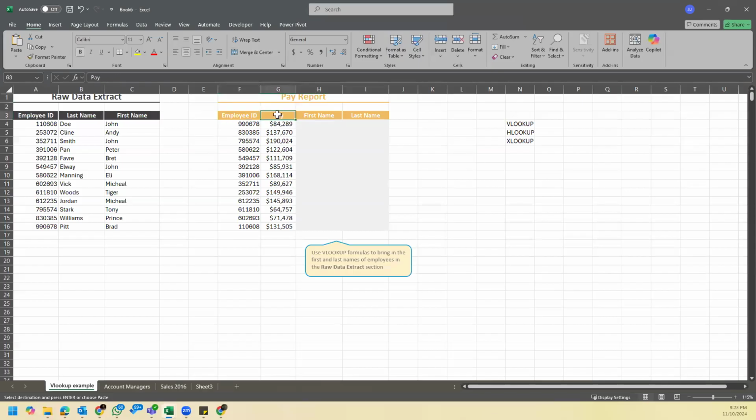We have the employee ID and the pay, and we need to have the employee first name and last name here. So with VLOOKUP, we use the formula to bring the first and last names of employees from the raw data extract into here. So if we want to bring the first name and last name here, just imagine,